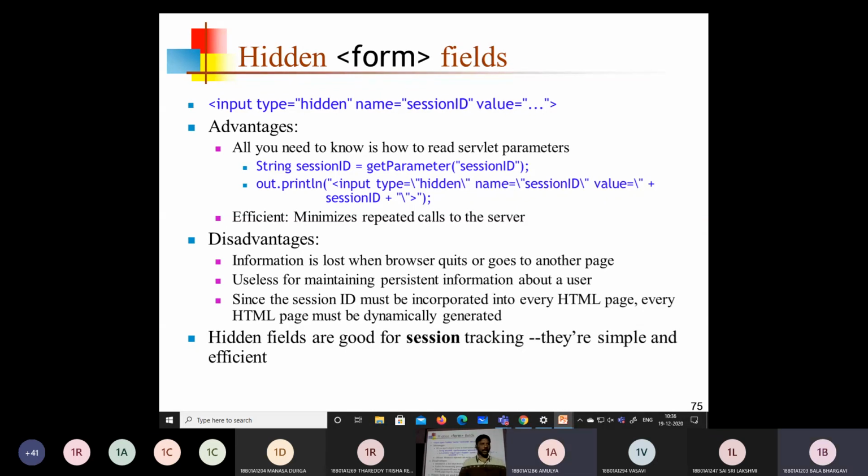If you are clear about these cookies, then in the next class, from Monday onwards, we have to do an experiment on the HttpSession object as well as the Cookie object. We have to simulate how a shopping cart website works, as a program, as an application, from Monday onwards. Thank you very much.